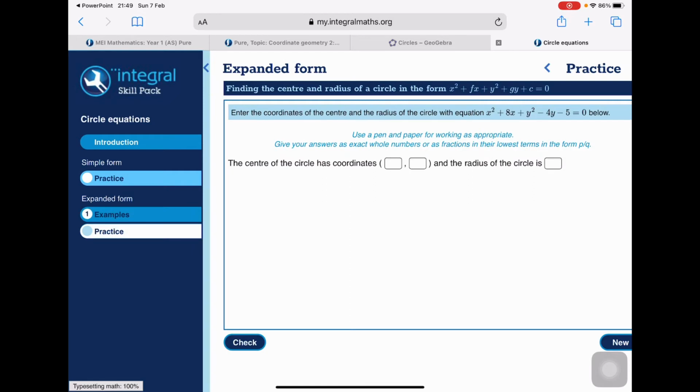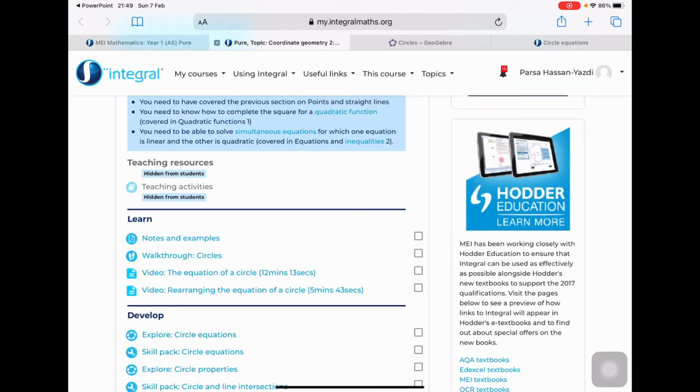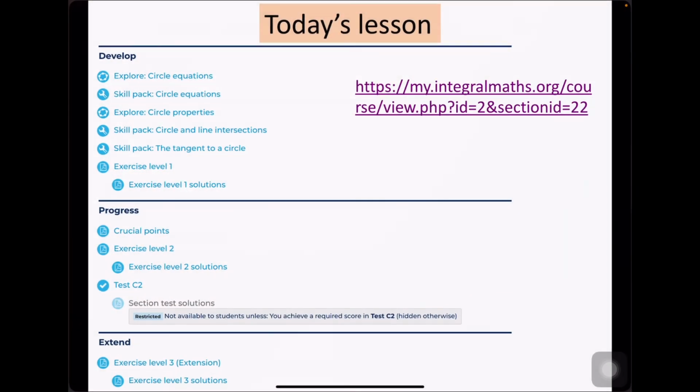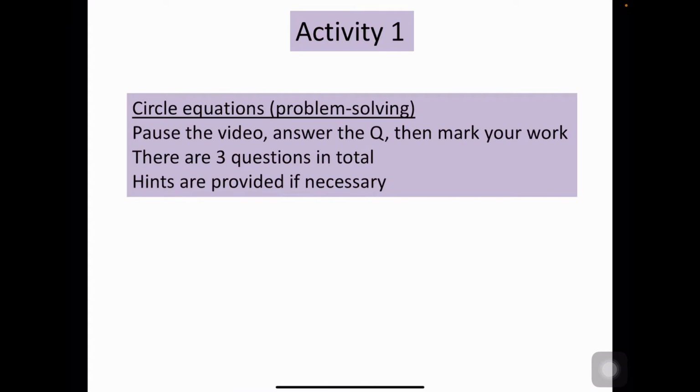So you have a go at some of these practice questions. If you click on the new button, it will generate a new question for you. Coming back to the lesson,